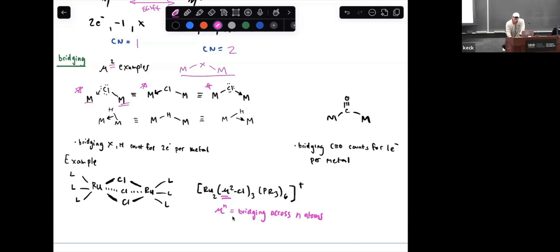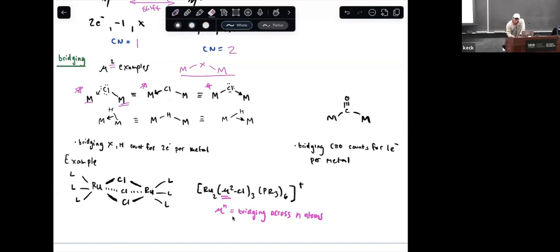And because a lot of times bridging interactions come in pairs, not always, but often, which way you represent it turns out to not matter. So for example, this would be a case where however you count electrons per metal, you'll get to the right